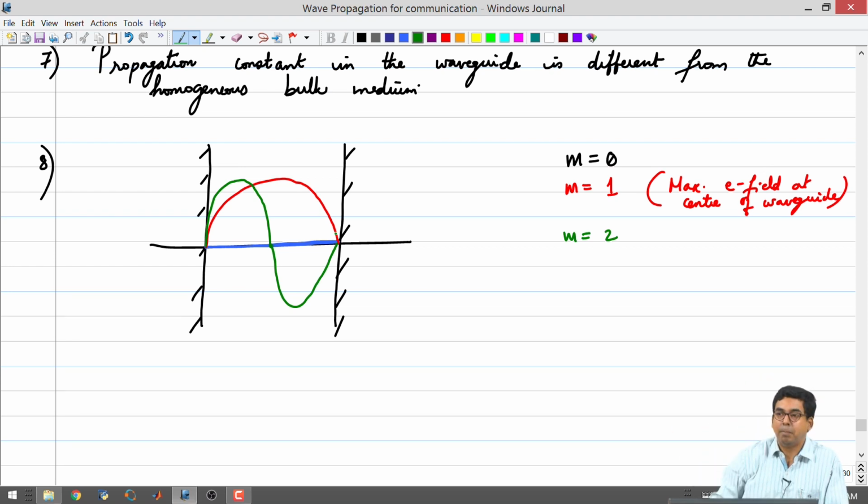If you wanted to plot the magnitude, it would look like two lobes in the positive axis. But here I want to emphasize that it does change sign. So, m equal to 2 corresponds to this kind of electric field profile. We notice that m equal to 0 had no peak, m equal to 1 had one peak, m equal to 2 had two peaks, one in the positive and one in the negative direction. Also, m equal to 2 is a case where the center of the waveguide has no electric field.